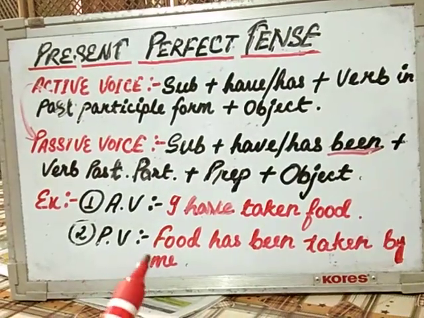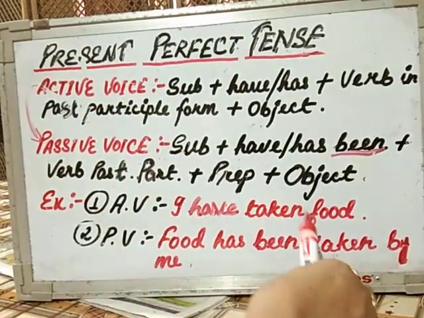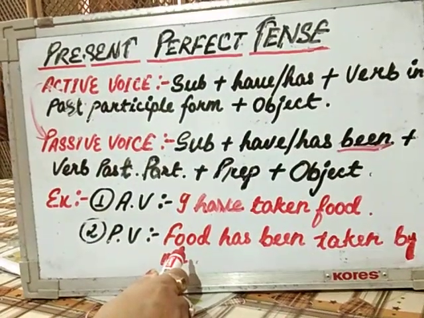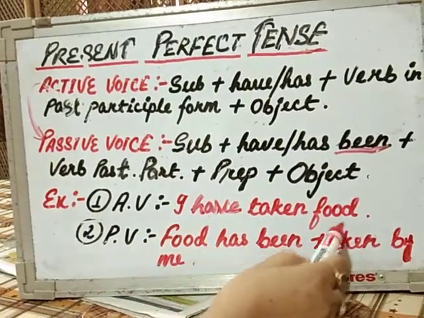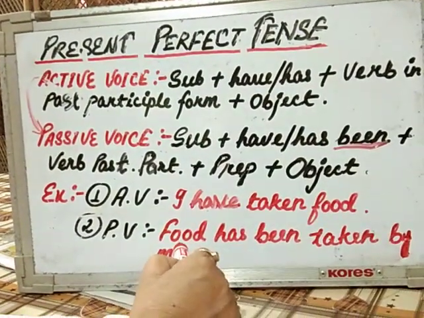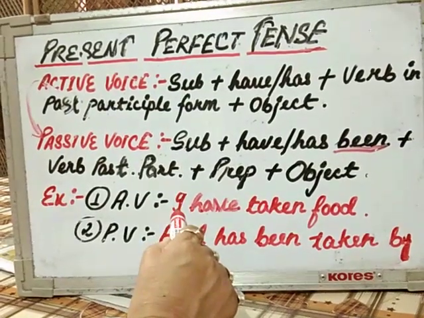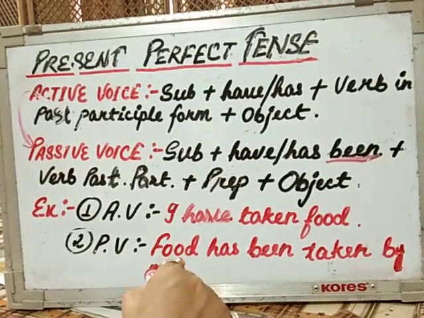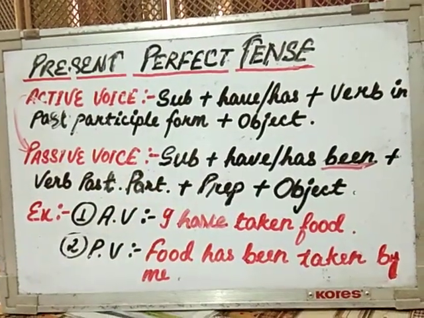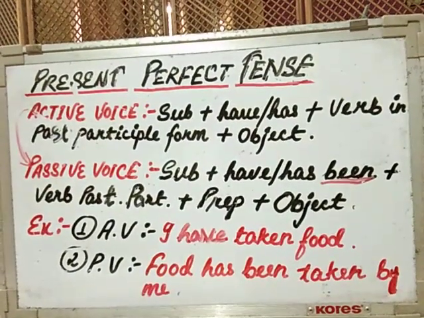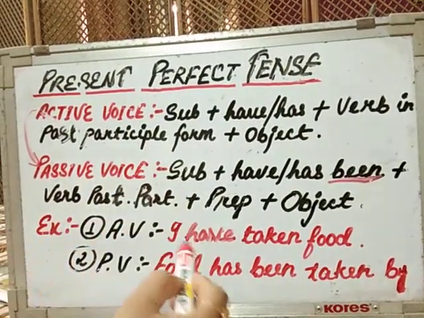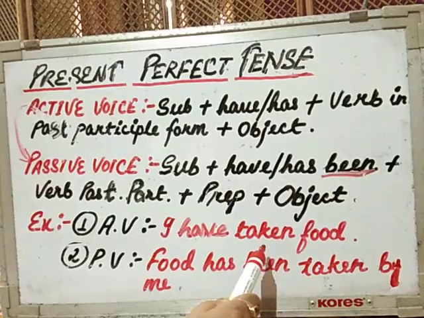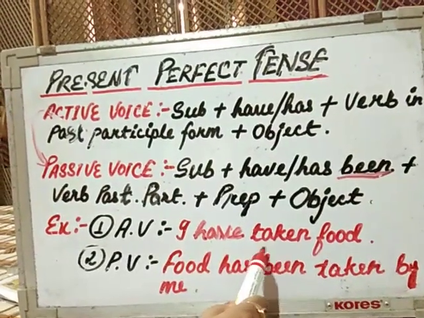To remember it very easily, always remember that the object in active voice becomes the subject in passive voice. Again, the subject in active voice becomes the object in passive voice, but the I will change to me. I think you remember what I have given in the last chart, so try to remember it. And again, as I told you, if it is the first person, it will be have, then it will be the third form of the verb. You have to know the third form of the verb, so it will be very easy.